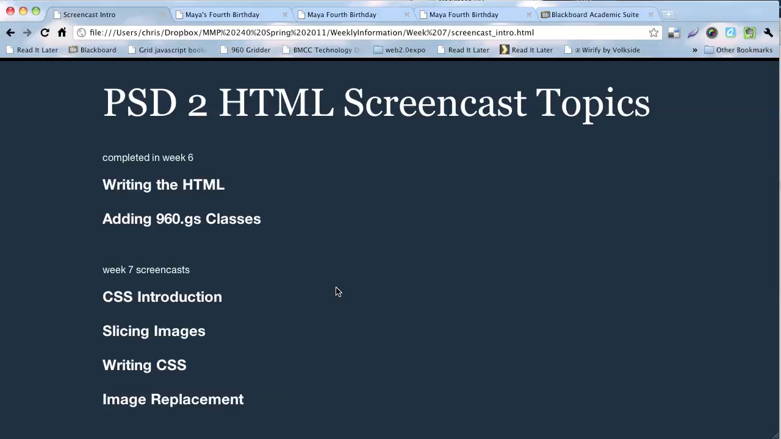Hello class, this is the introduction to the CSS part of going from a Photoshop to HTML. Really HTML and CSS, but that title was too long for this page. So in the last week, you saw these two screencasts, writing the HTML and adding those 960 grid classes. So in this week's screencast, we have a few more, and what you're seeing right now is this